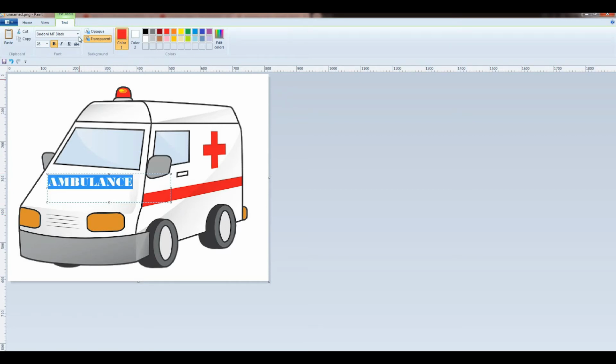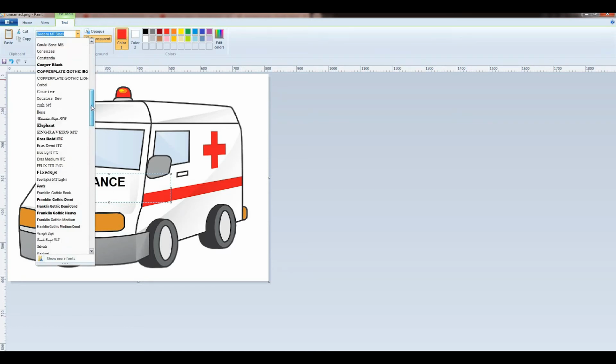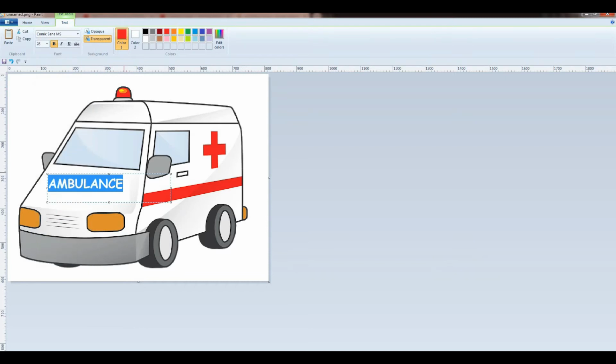Students, you can use different fonts. For example, I am going to use the font Comic Sans MS. You can also change the color of the font. And you can also change the font size.